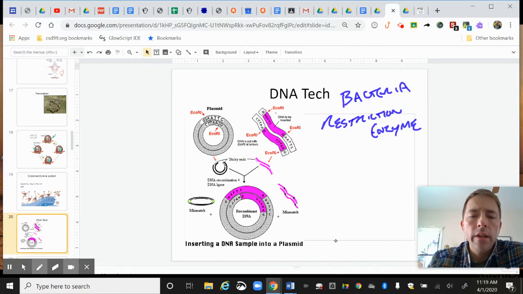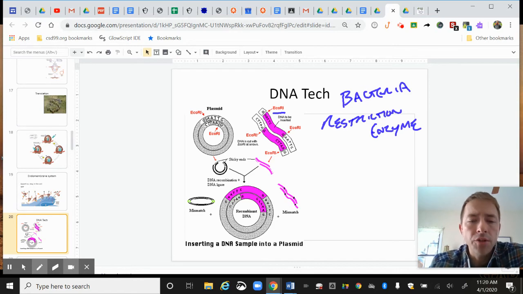So here, the example is EcoR1, which stands for E. coli restriction enzyme number 1. Notice in the picture, it's all EcoR1. You could use other ones, like there's one that's called BamH1 and HindIII, and they've got all kinds of Roman numerals, and they got all kinds of different bacteria that they come from. Each one is really specific. So you can see in this picture, it's recognizing the sequence